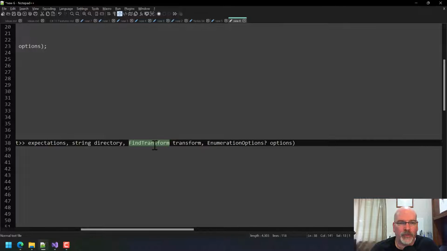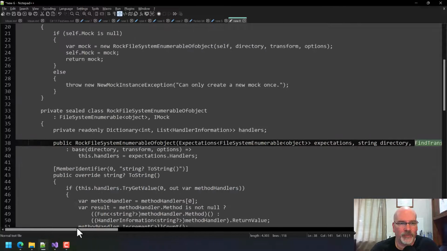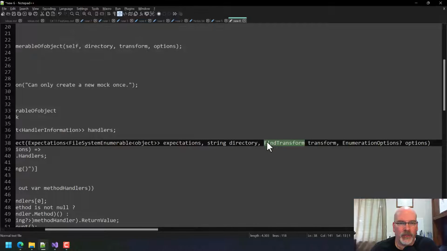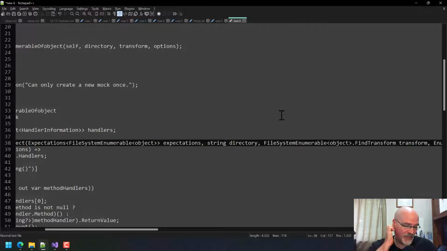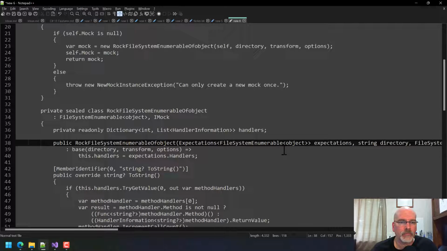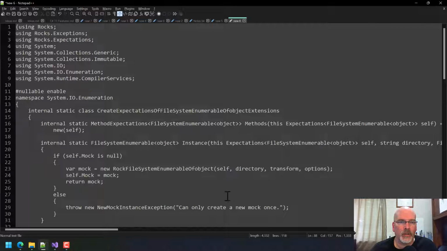This file transform actually isn't just file transform. It is file system enumerable of object dot find transform. It's a nested type, and I said that was probably going to bite us. But what I'm going to do is do this in isolation, because this is only happening when I'm doing it for